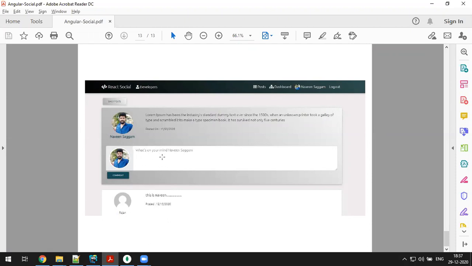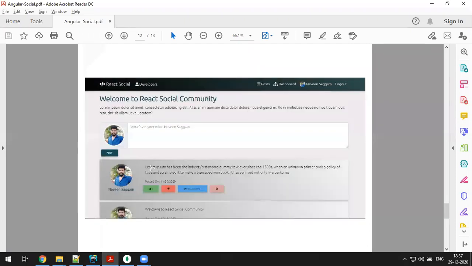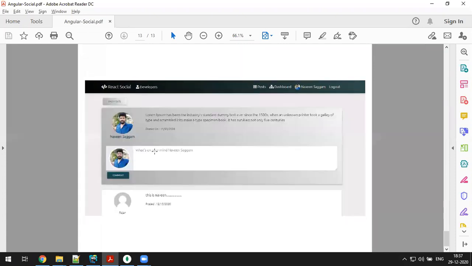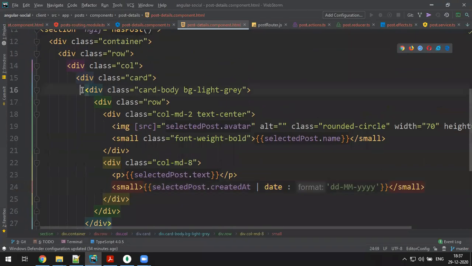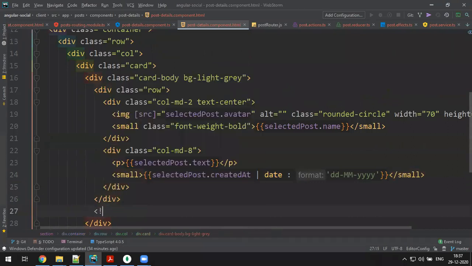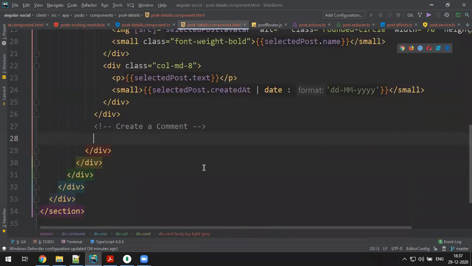Okay, let's make this one. This part we made already; we are making an input group for the post creation, same like component comment creation. So what I do is grab this code, but where do I write it? In the card body. There's a card body here. You have to create a comment, you have to make a comment over here.